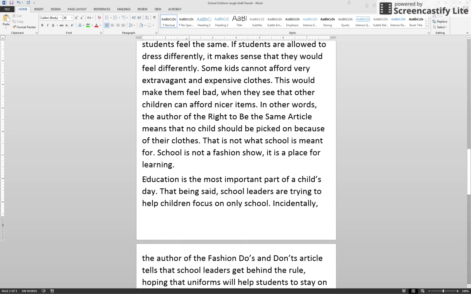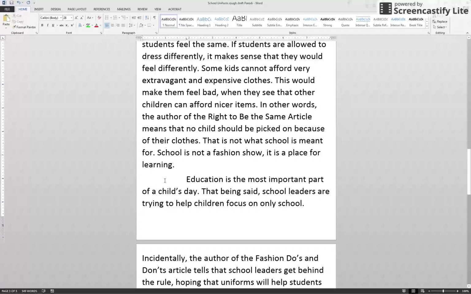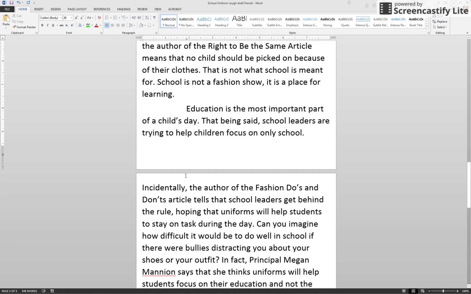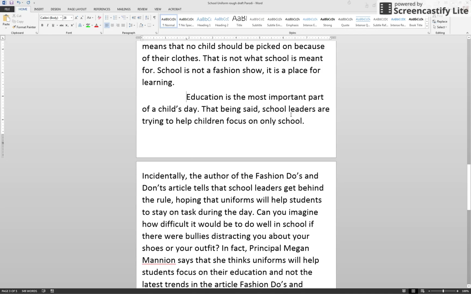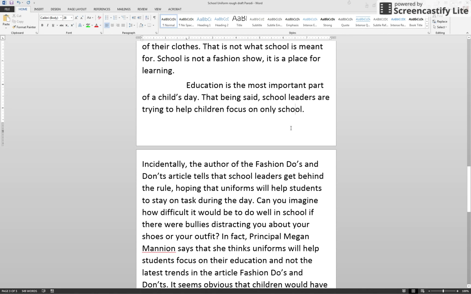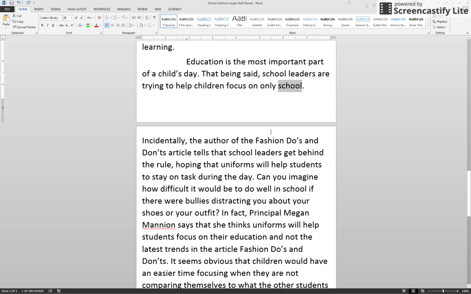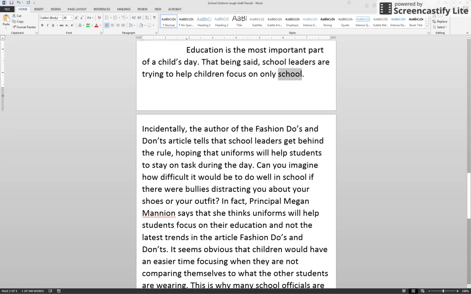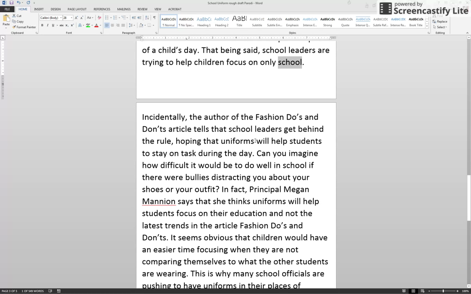Okay, let's put a tab here. Education. That's fun. Education is the most important part of a child's day. That being said, school leaders are trying to help children focus on only school. I'll leave it there. Incidentally, the author of the Fashion Do's and Don'ts article tells that school leaders get behind